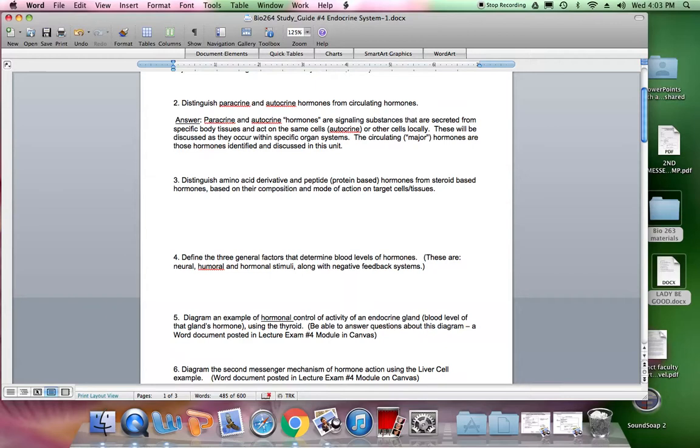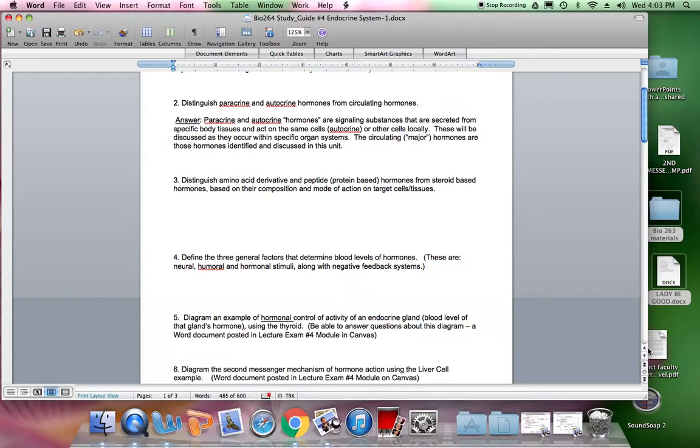And then describe what happens with negative feedback systems in order to feed back to that original endocrine gland to keep things in balance. There are negative feedback systems involved with all of these because you want to be able to stimulate the release of a hormone to a certain point, and then when it gets too high, you need to turn that stimulus off to keep it within